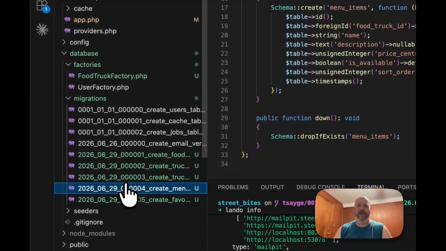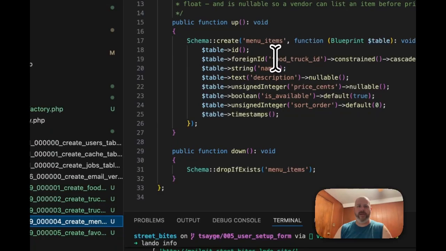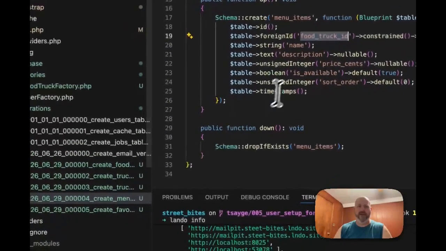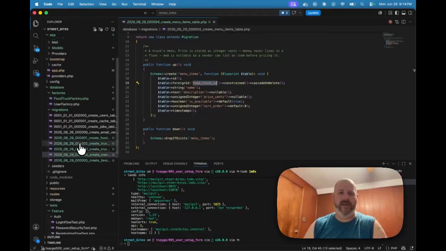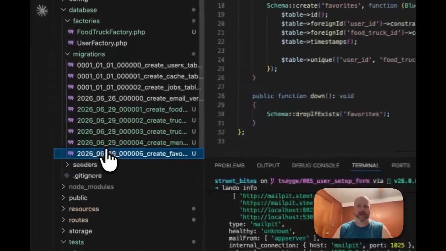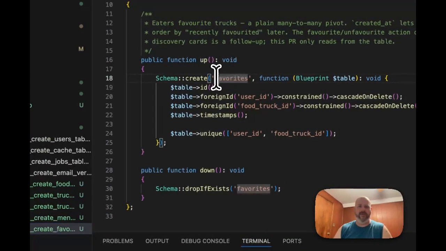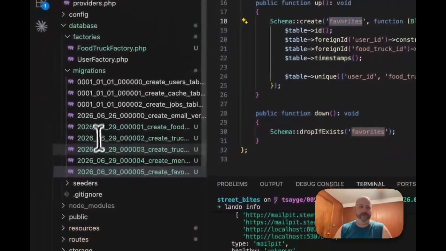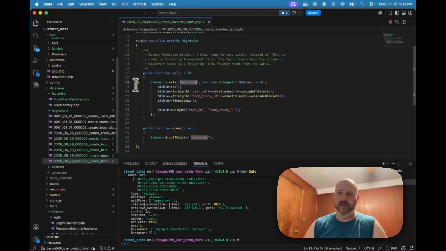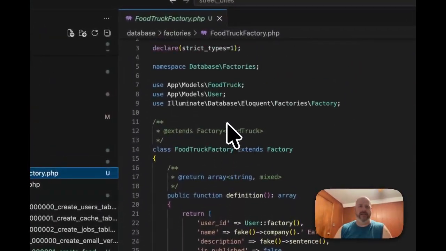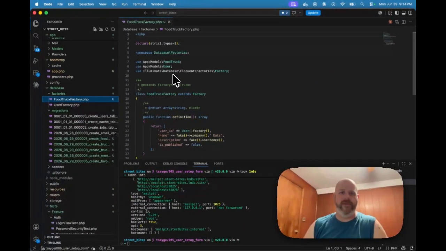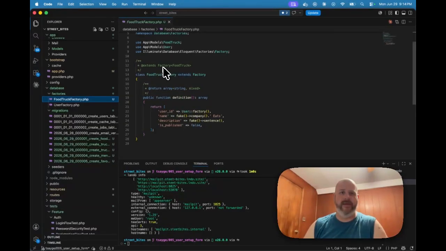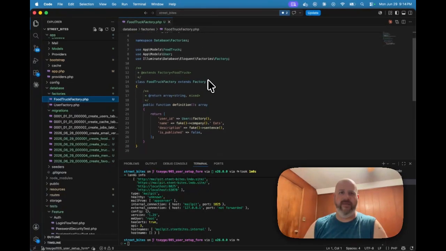And then we have menu items, which are keyed to the food truck ID, and name, description, price, and availability flag, and favorites for our non-truck users. We will look a little bit at pre-populating it so that when we deploy this thing, it can come with some stuff by default. It's set up this food truck factory so that it can create that food truck logic,